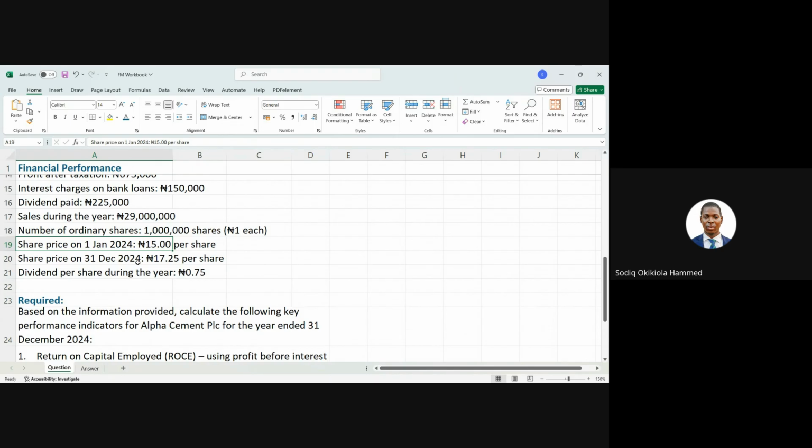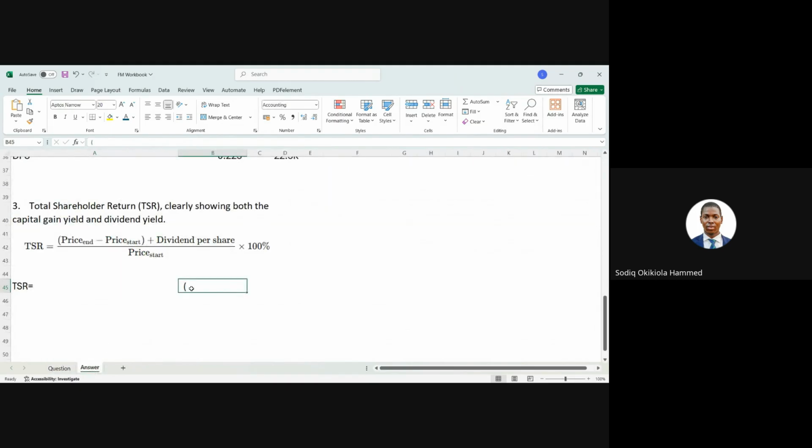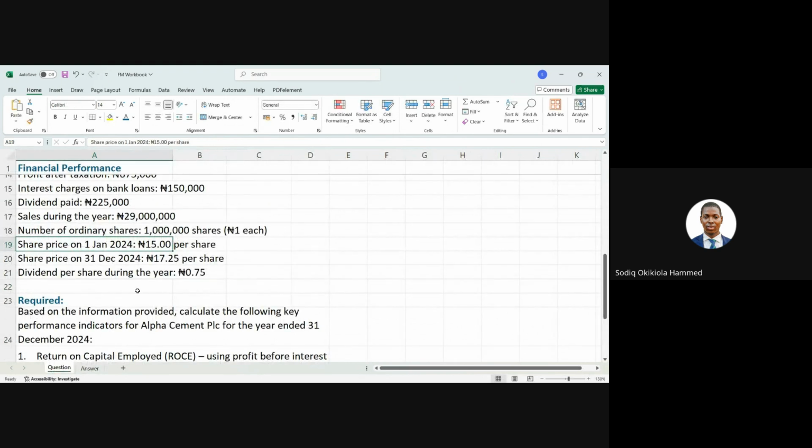Share price in December 2024 is 17.25 naira. At the end first, we have 17.25 naira minus share price at the beginning, which is 15 naira, in brackets, plus dividend per share. Dividend per share during the year is 0.75